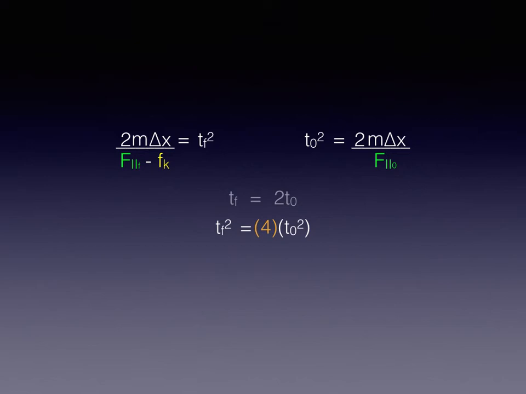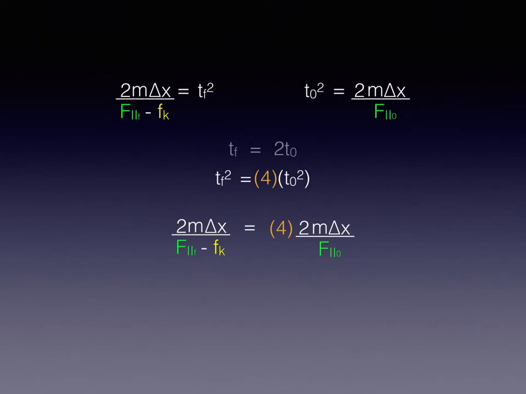You still with me? All right. Well, let's look up above and say, okay, we can drop our times out now because we have a statement for time with friction squared and time without friction squared. Let's just drop them right in just like that. The only difference is that there's a 4 in front of the one on the right because of that relationship between the times. Okay, this right here is going to be our working equation from here on out to solve to the end. No more substitutions. Everything's there. We just need to solve for that